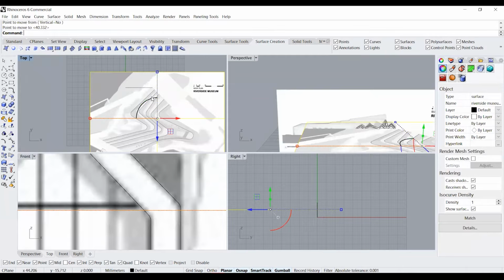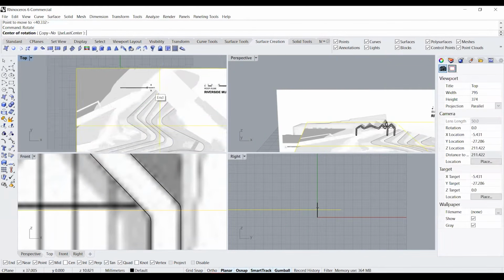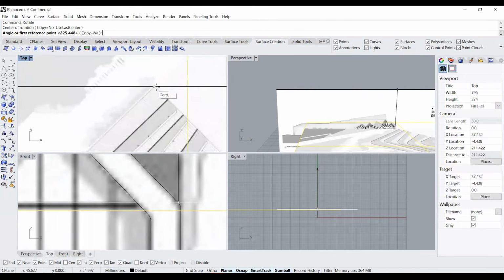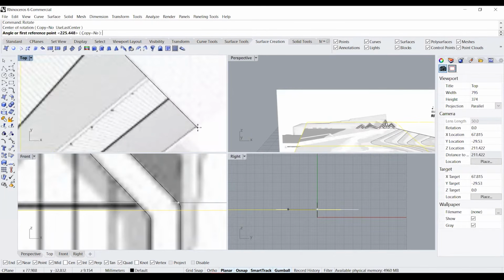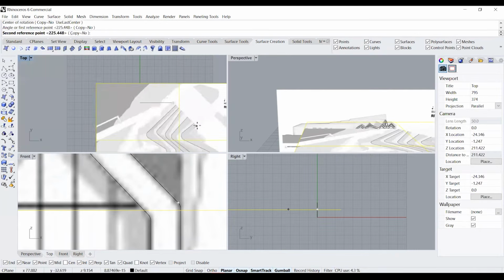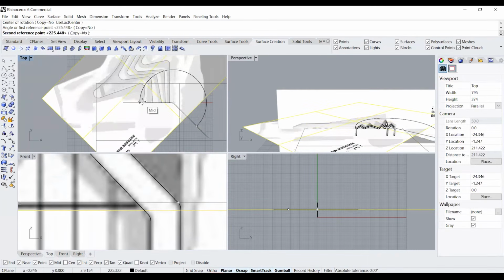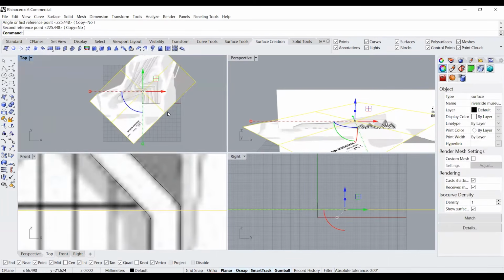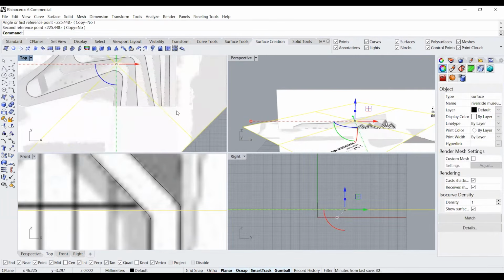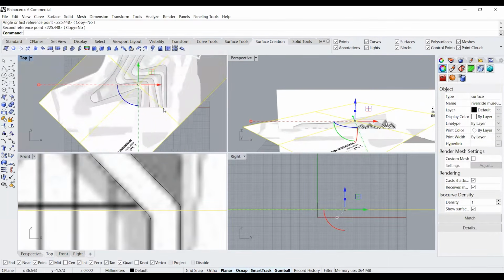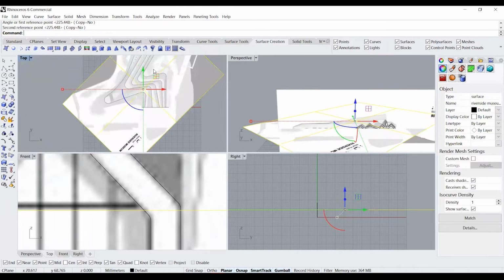The next thing we're going to do is rotate this structure about the point that we just joined and place it in line. Right, and now we have this particular edge defined.